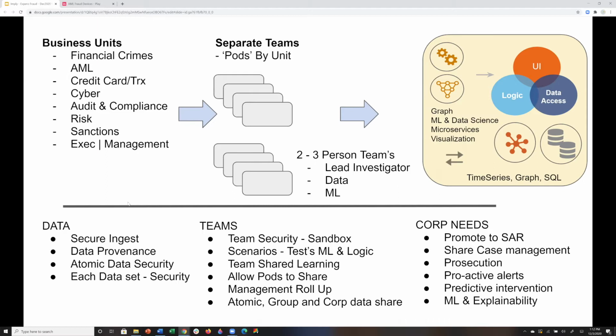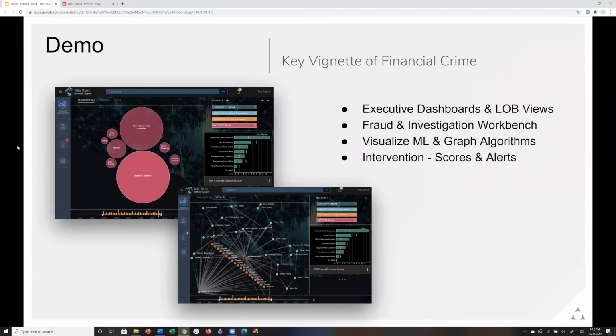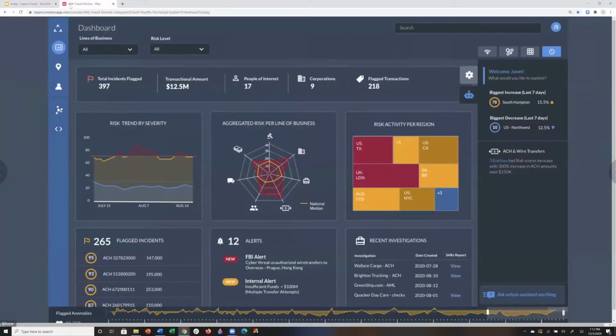And this is really what Expero does now, is tying all of this great technology together, creating applications that are seamless that allow these teams to work together. And that's really what our demo is. And so now what I'm going to do is I'm going to step through really quickly. In this case, what we now see is what a dashboard might look like. And in this example, I'm looking at AML. Now, this could be transaction fraud, could have been cyber, could have been any of those other ones. And the tools that we build on top of this are really sort of data model and use case specific, and they basically work that way.